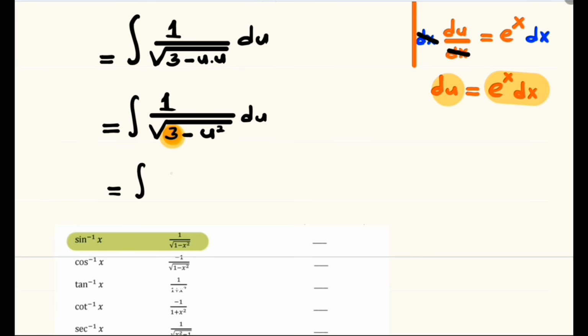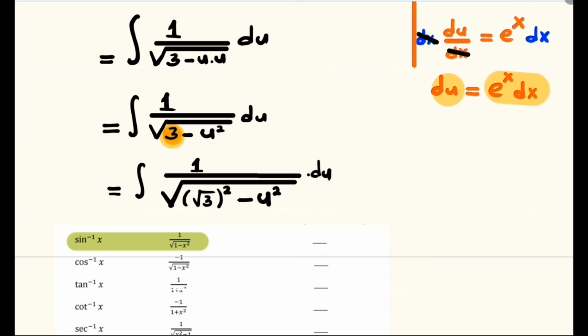So we have the integral of 1 divided by the square root, the 3, we write it as the square root of 3, but we square it so that we don't change it, minus u squared du,